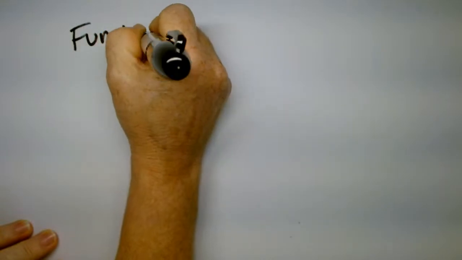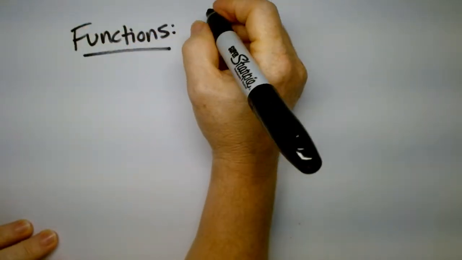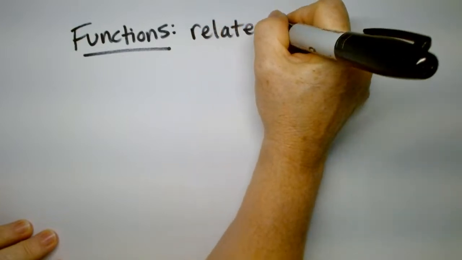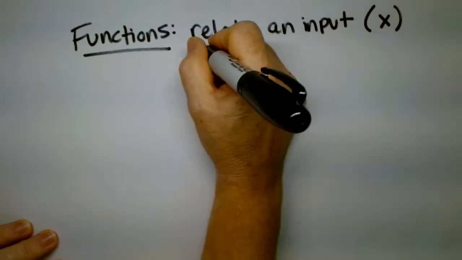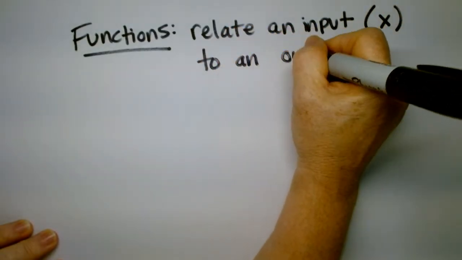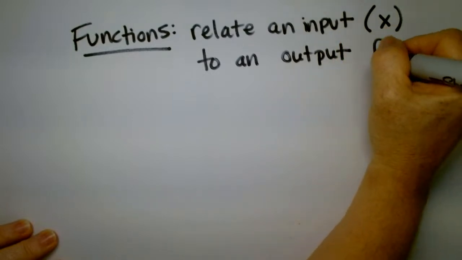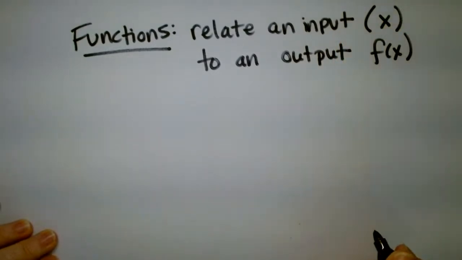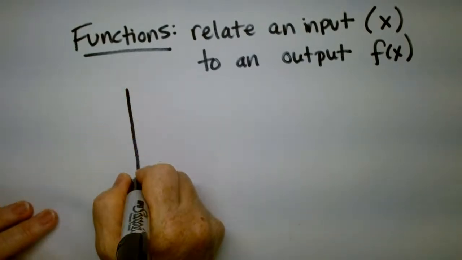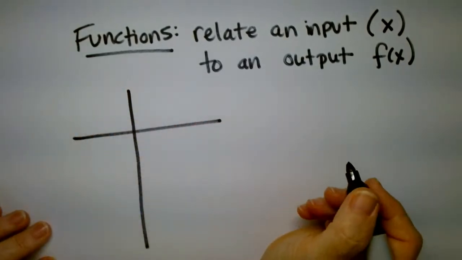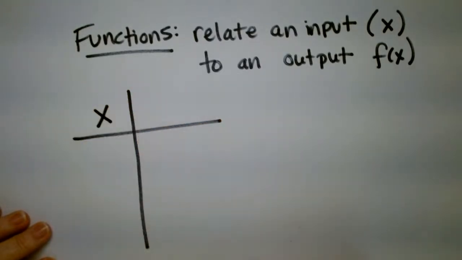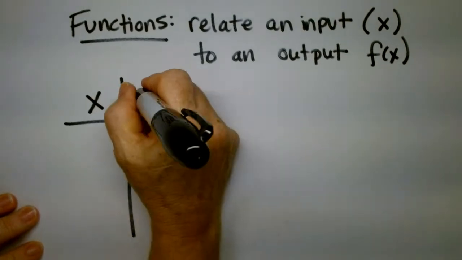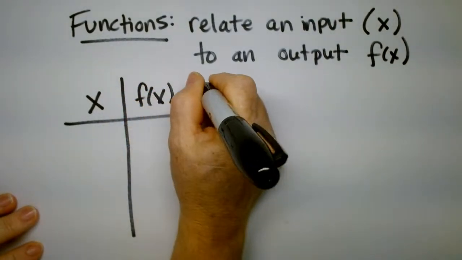So this is a math machine, and they are called functions. Functions, what they do is they relate an input. Here, just write this down with me. The input is going to be called x to an output. And we call that f of x. Okay, so watch this. So here's our machine. So I'm going to say my input is x. Okay, my input is going to be x, and f of x is going to be